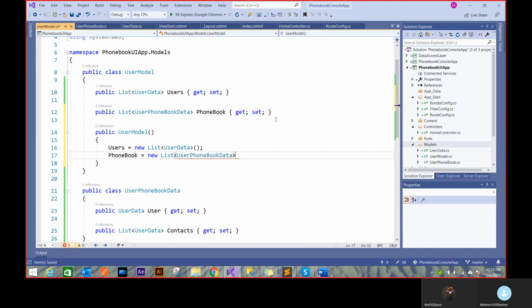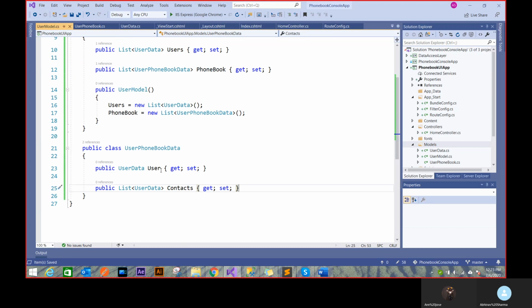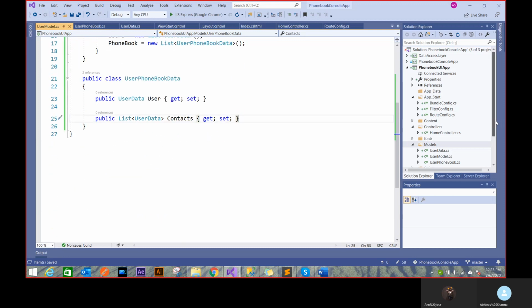So what I'm doing here? Basically, whenever I'm going to create this user model, this thing will be pre-filled for me. And you can see the problem happening here, right? The context won't be pre-filled for me if I don't use my constructor. So let's not use a constructor here, but just use a constructor here so that you know the idea of constructor. Now my models are ready.